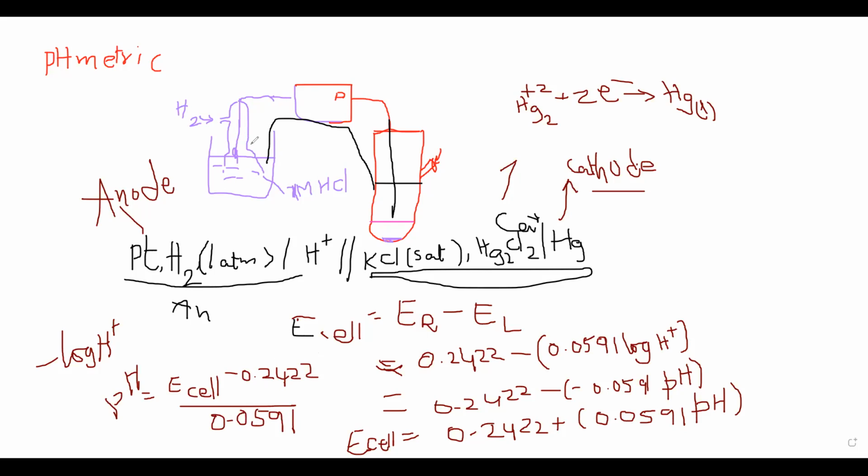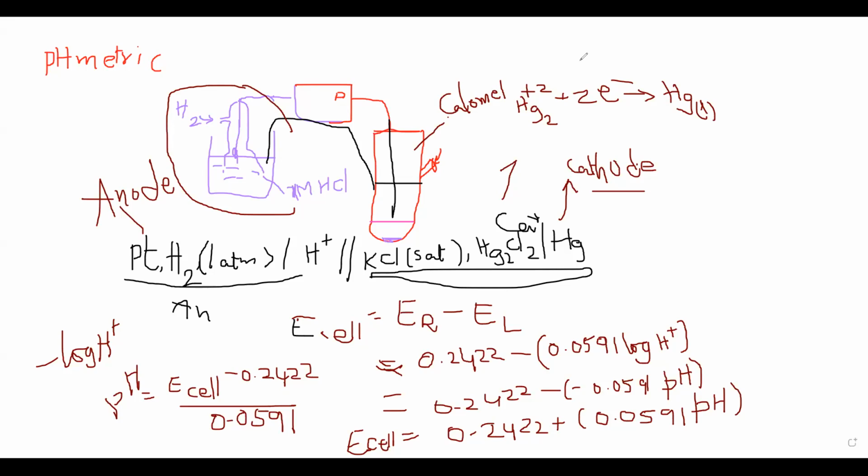See here, by using an instrument we are finally calculating the pH. This is known as pH metry, or determination of pH by using a hydrogen electrode. This is nothing but the hydrogen electrode. My dear students, you must remember that when the hydrogen electrode is connected to the calomel electrode, the calomel electrode acts as cathode and the hydrogen electrode acts as anode. That is about this hydrogen electrode.